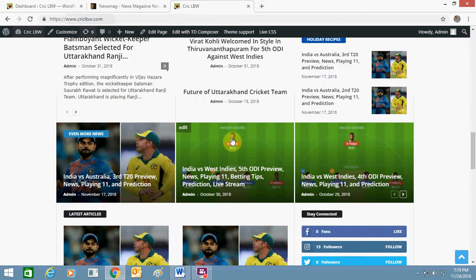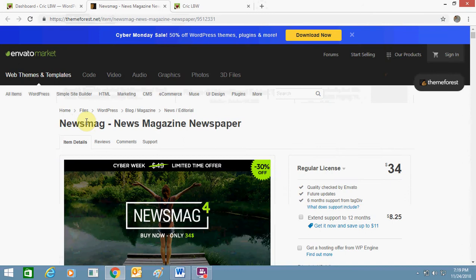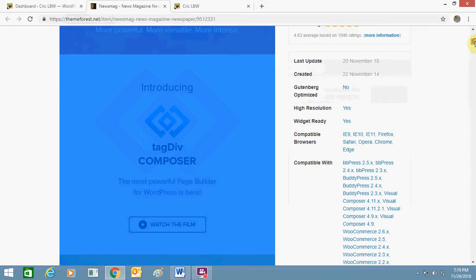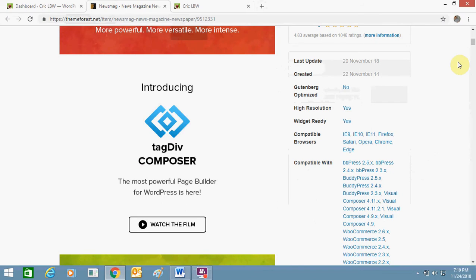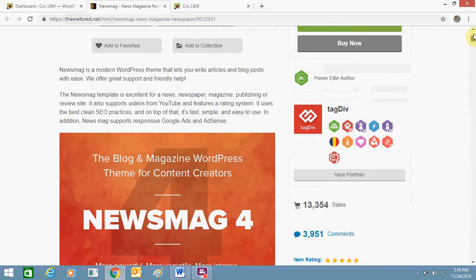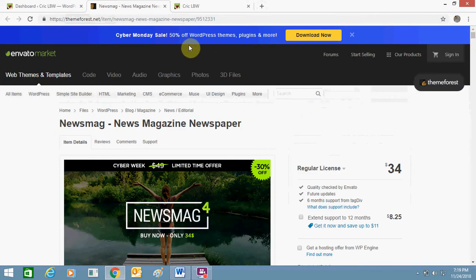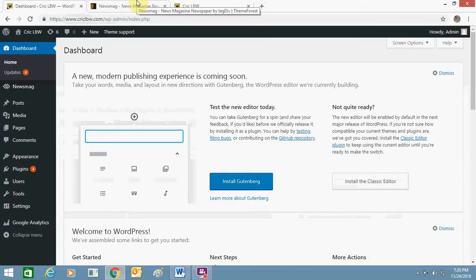So how I did it? I use this theme, Newsmag from Theme Forest. It's a very useful theme and you can buy it at a reasonable price, and I will suggest you to use its paid version because it gives more features and it is better. If you want to use your website for a long time, then use the paid version. Otherwise, if you don't have money and you are just going to start up, then you can just look for any crack of this theme online. Many websites are there, but I would suggest you to use the paid version.